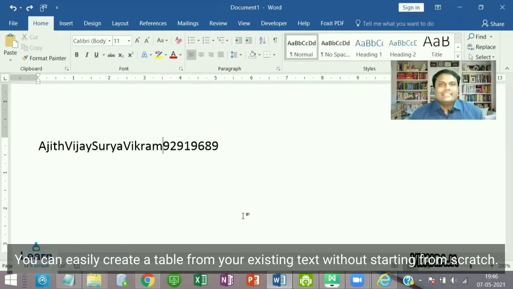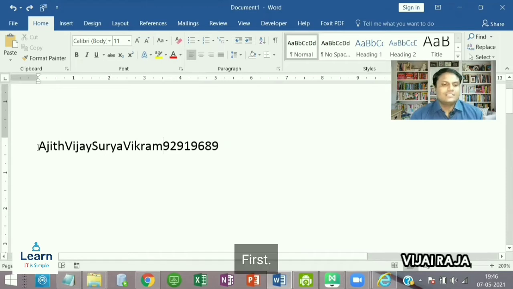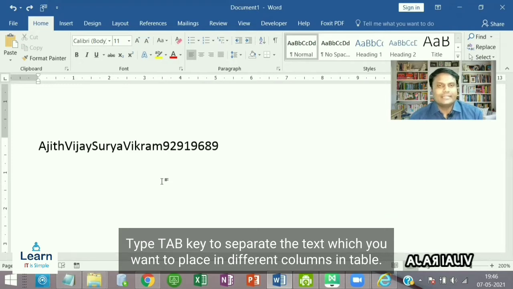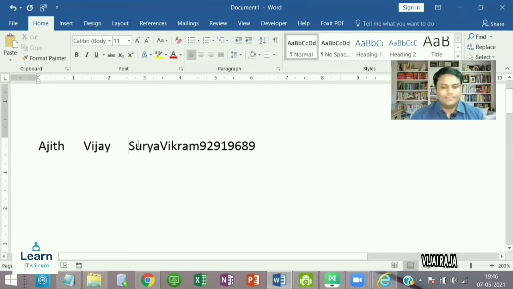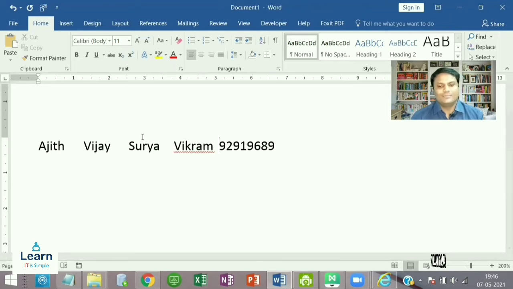You can easily create a table from your existing text without starting from scratch. First, type tab key to separate the text which you want to place in different columns in the table. Tab, tab, tab, tab.